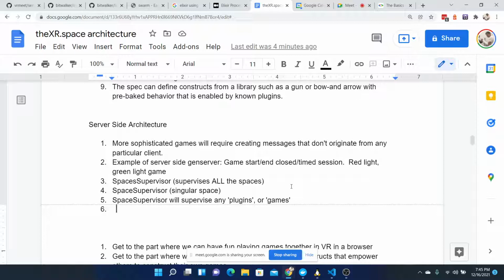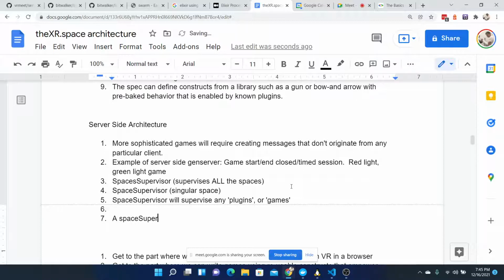I think one really cool one would be the kind of Star Trek bridge experience. So we can have a space supervisor that is a ship, right? Then the three of us could go to the URL, xr.space/enterprise, for example. So we'll be on the Enterprise. And then maybe three other friends of ours go on the